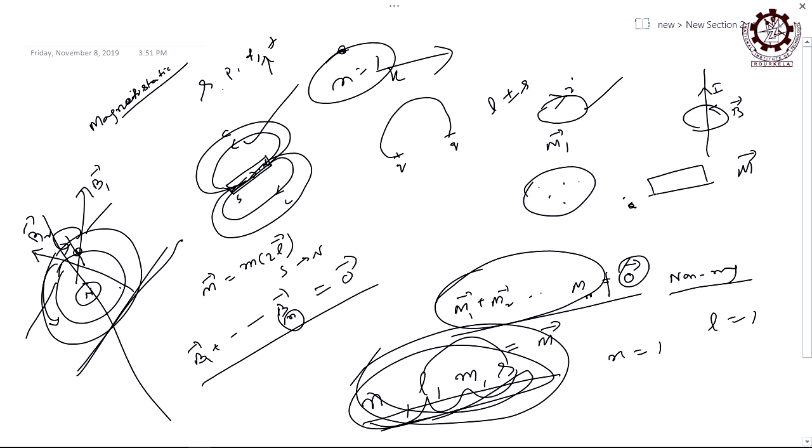But what happens here? Every atom is a dipole, so the net magnetic moment is a zero vector. They are forming closed loops, like an electric dipole. So what is the net magnetic moment? It is a zero vector, but dipoles are there, magnetic poles are there, right? But the net magnetic moment of all those atomic magnets constitutes a zero vector. Zero vector means the net magnetic moment is neutralized.